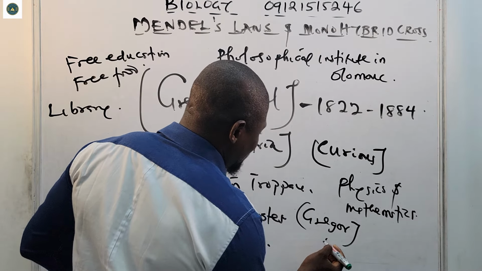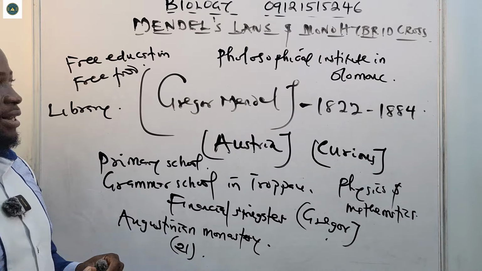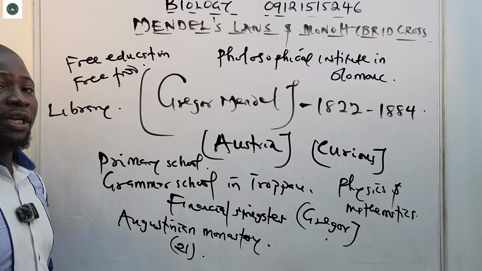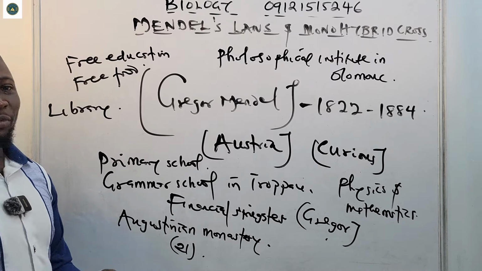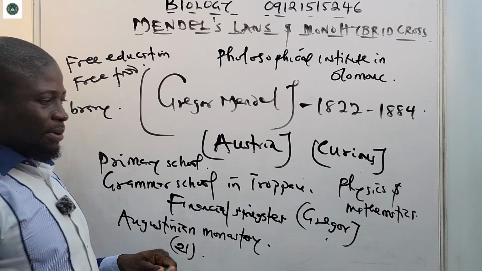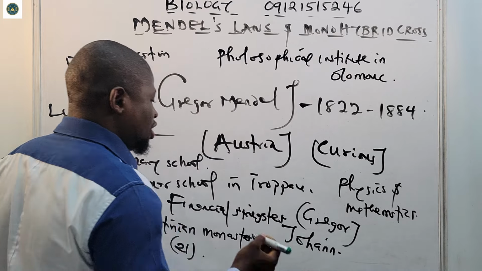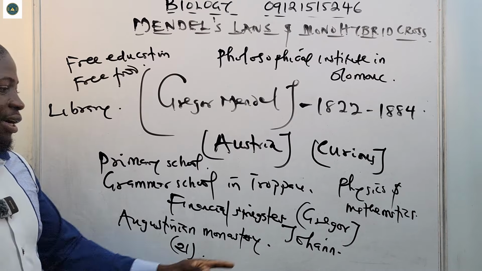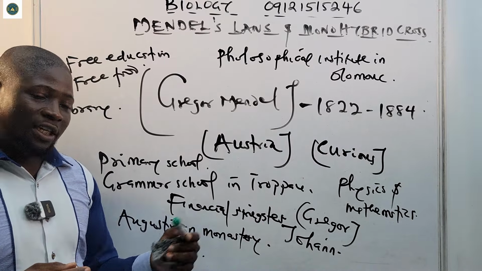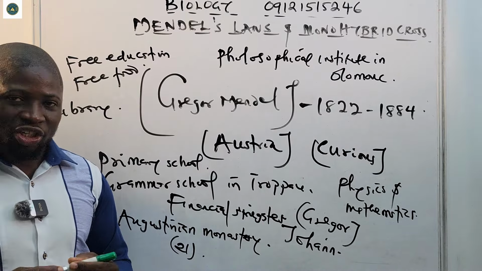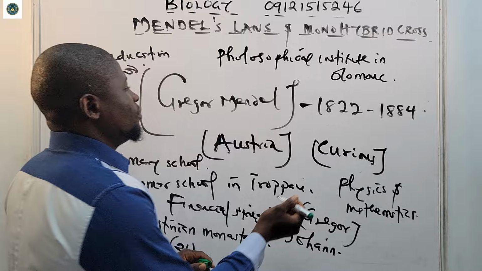Gregor, okay? So his birth name is not Gregor. It was a nickname, or a sobriquet, that was given to him in the monastery. His birth name is Johann. So Gregor was a name that was given to him in the monastery, from the years 1851